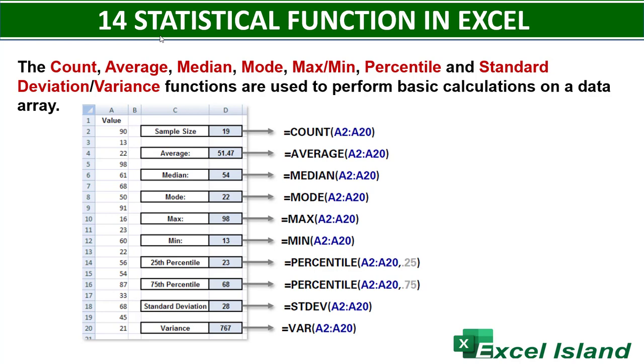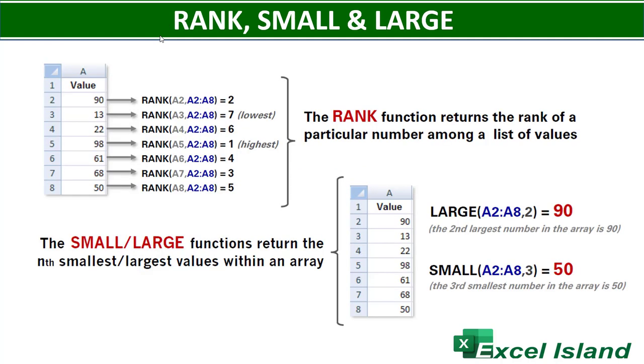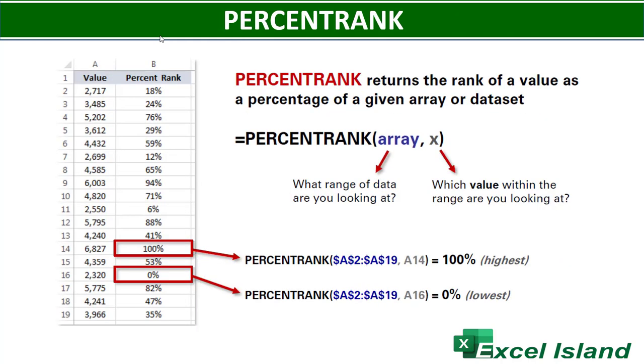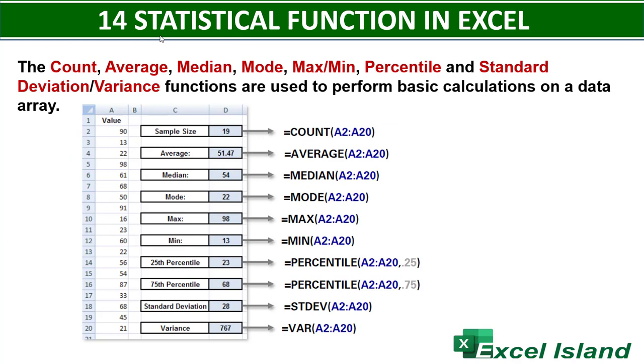I'm going to show you count, average, median, mode, max and min, percentile, standard deviation and variance. We are also going to look at rank, small and large, and percent rank. What count, average, median and the rest do is perform basic calculations on a data array. For example, here we have these values. I want to look for the count of the sample size. It's simply going to count each row from A2 to A20